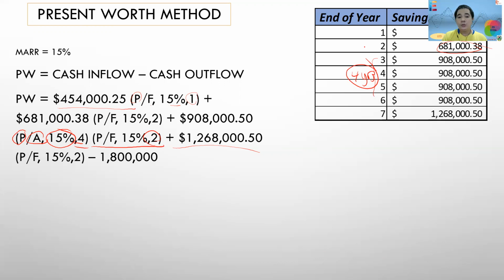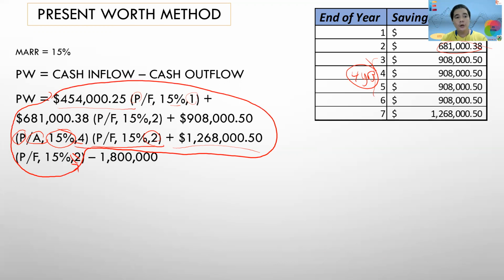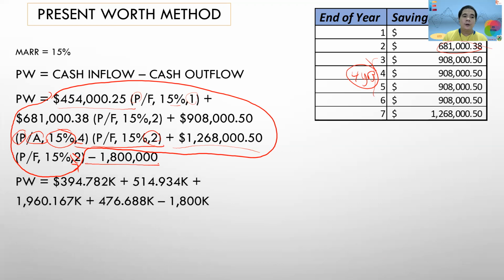So for your 1,268,050 P of F 15%, this is 7. Okay. Now you have your cash inflows. This is the total cash inflows, or your cost savings minus the cash outflow. As you can see, your 1.8 million does not have to be converted into the present worth, because that's already at your year 0. So present worth is equal to 394,454,